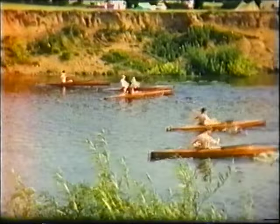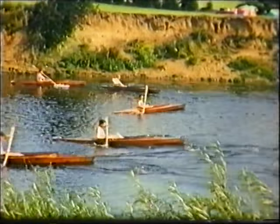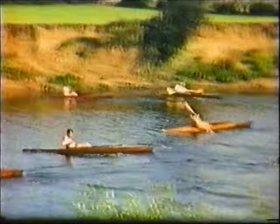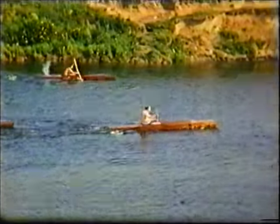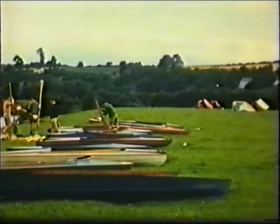And here we have a competition in which the first leg of the journey was done backwards, and after a certain point was reached, if you hadn't sunk on the way, the remainder of the journey was more normal. All great fun, all part of the canoeist camp. So we say farewell